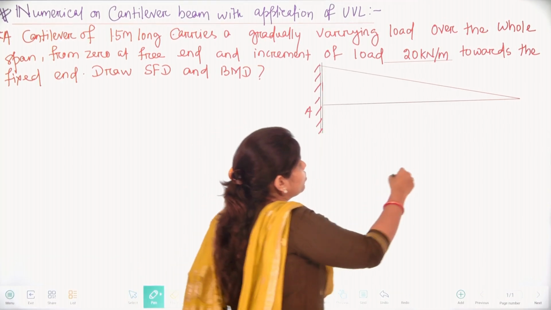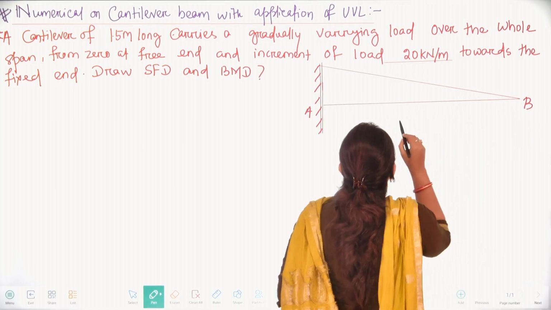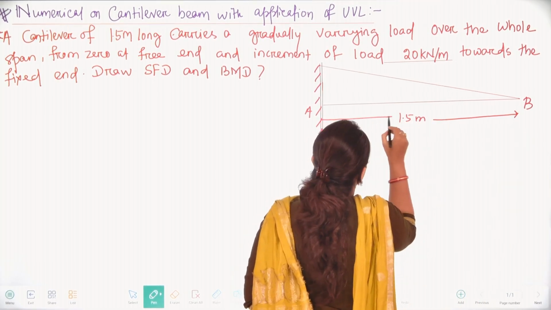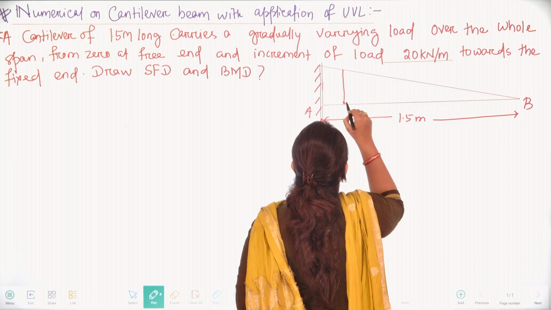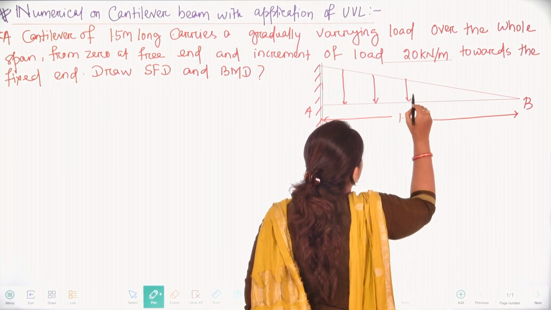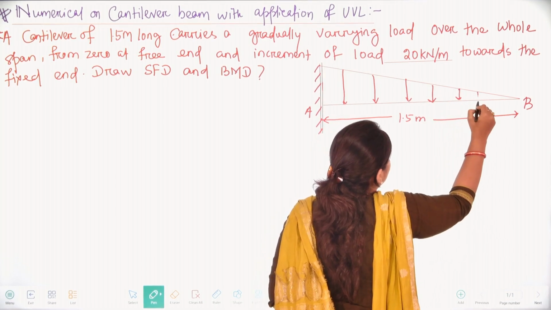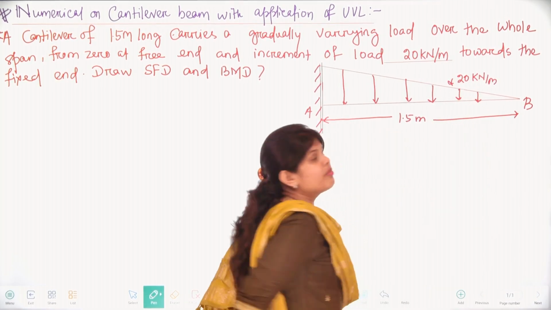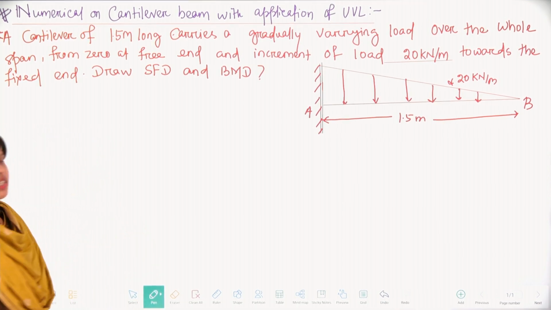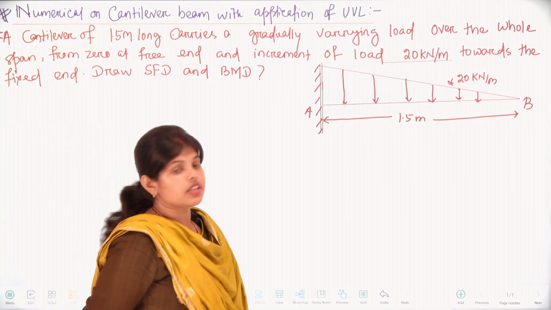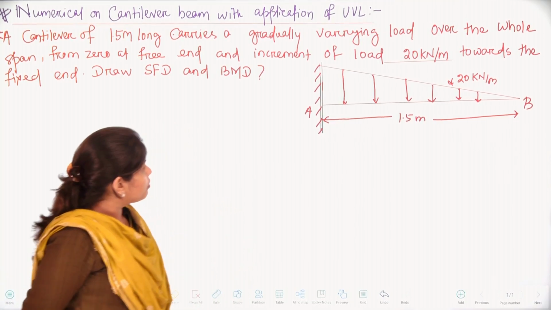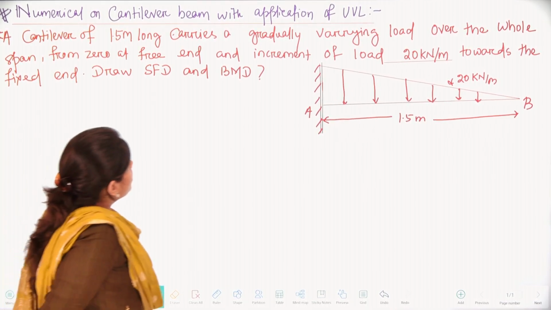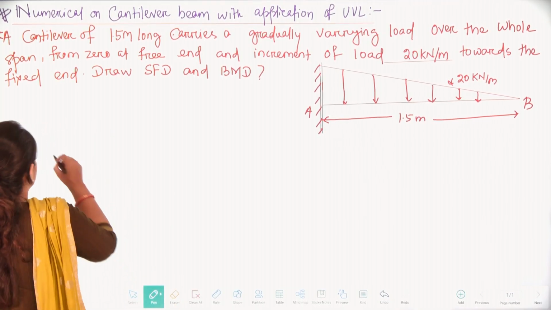You can see here we have the cantilever beam AB, the length is 1.5 meter, and the gradually varying load is 20 kilonewton per meter. We have already solved one UVL case, but in the case of a simply supported beam. Now we will solve a cantilever beam with application of UVL. So here the first thing we need to do is